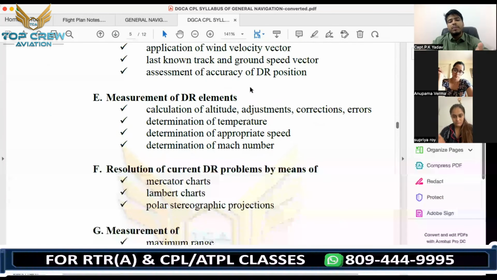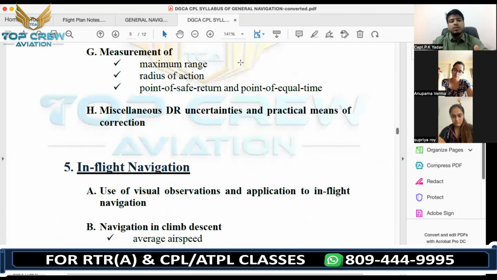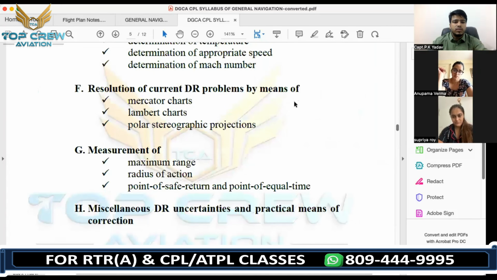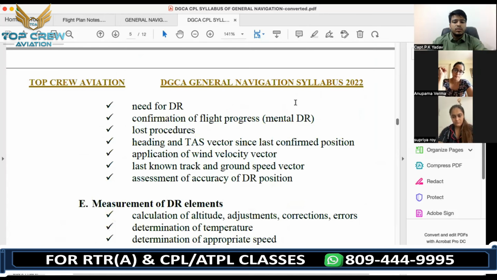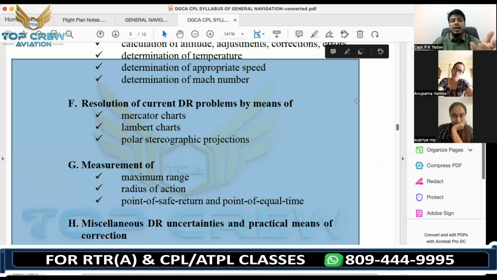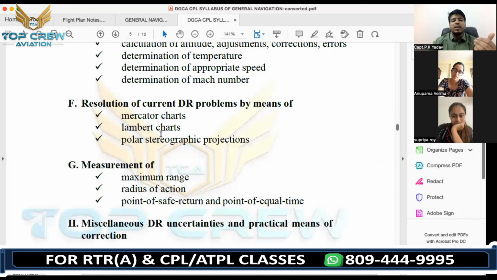वही टेम्परेचर, वो मतलब टेम्परेचर क्या है करेक्शन में, एप्रोप्रिएट स्पीड क्या है, मैक नंबर क्या है, अब मर्केटर चार्ट, लैम्बर्ट चार्ट, वही सारे उनसे रिलेटेड सारी चीजें, मेजरमेंट्स ऑफ मैक्सिमम रेंज क्या होती है, रेडियस ऑफ एक्शन क्या होता है, पॉइंट ऑफ सेफ रिटर्न, पॉइंट ऑफ इक्वल टाइम, ये भी होता है आपका, like point of no return भी होता है,